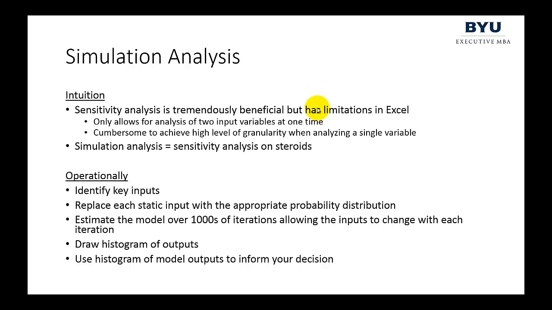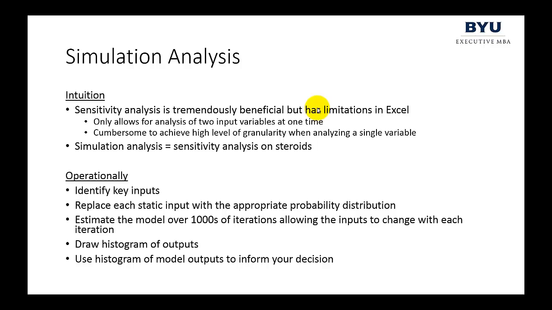If you do that, you will literally get thousands of possible outputs. Take those thousands of possible outputs and draw a histogram of the outputs. Then use that histogram of the potential model outputs as further, richer, deeper, more nuanced information that you can use to make your decision. Okay, so I want to give you an example of this,